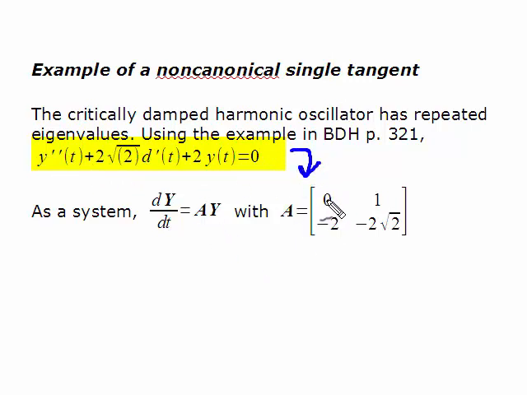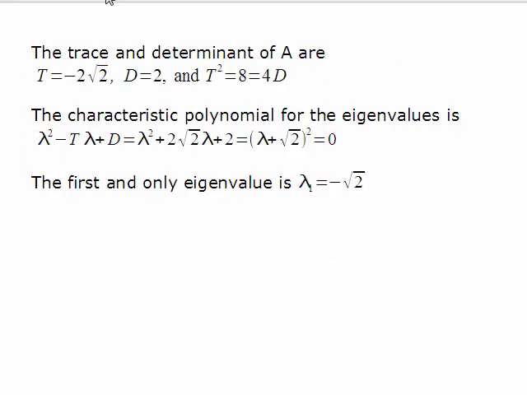So the coefficient matrix is going to be [0, 1; -2, -2√2]. This is not an upper triangular or lower triangular matrix, so I'm going to have to solve for the eigenvalues. The trace of that matrix is -2√2. The determinant is 2. And since t squared equals 4d, if you remember from the quadratic formula, when t squared equals 4d, the term under the square root sign is 0. So we're left with one eigenvalue,